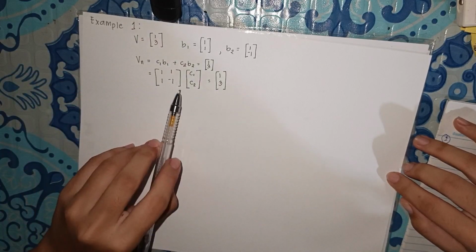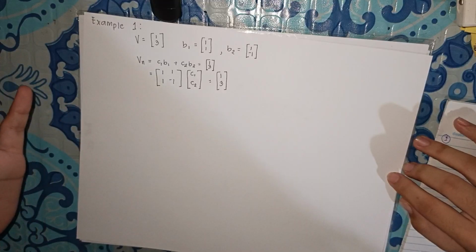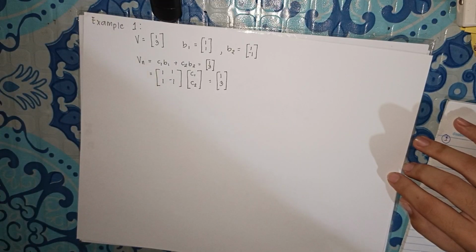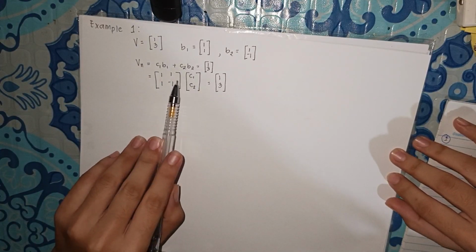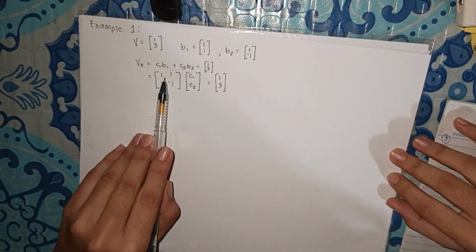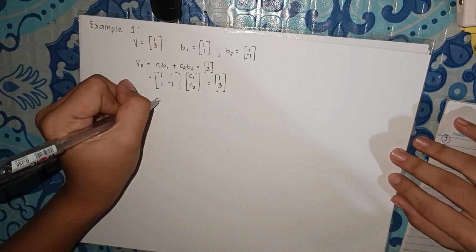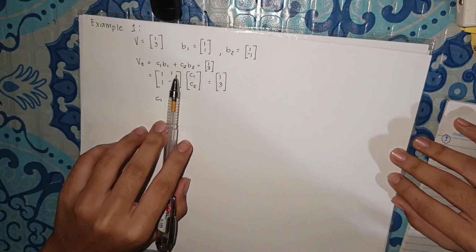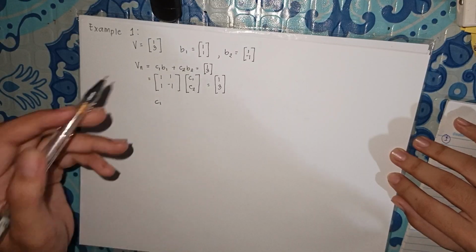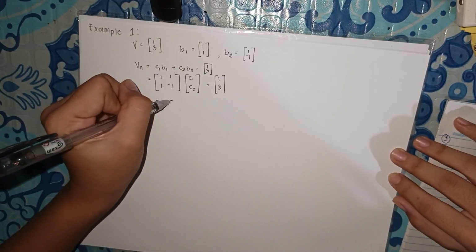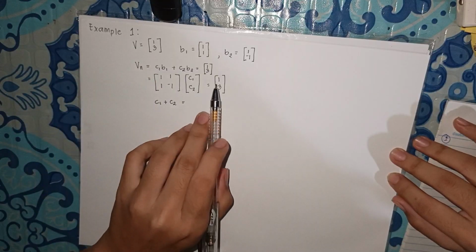Next, we multiply. We know how to multiply matrices, row and column. So, first is 1 times C sub 1 is C sub 1. Then, 1 times scalar 2 is scalar 2. So, plus scalar 2 is equal to